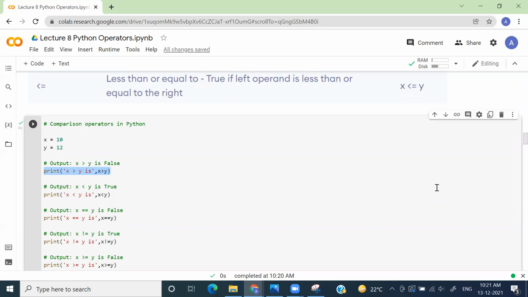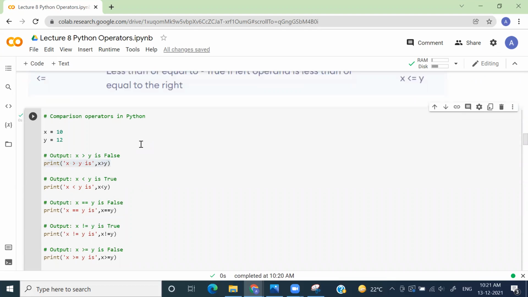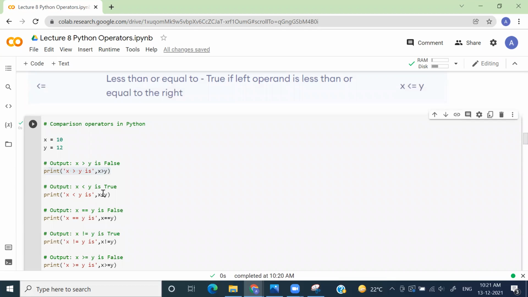Come on, quick. This is very easy. What would be the output of this line? False. Yes, absolutely, you are correct. So this is false, right? Come on, say it confidently, you are absolutely correct, right?